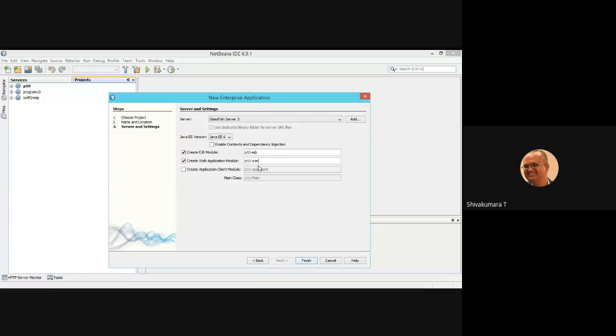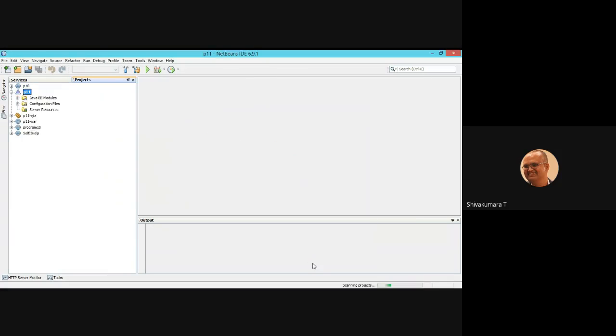Otherwise you can leave it as it is. The project you are going to create won't support command line interaction. So click on finish.